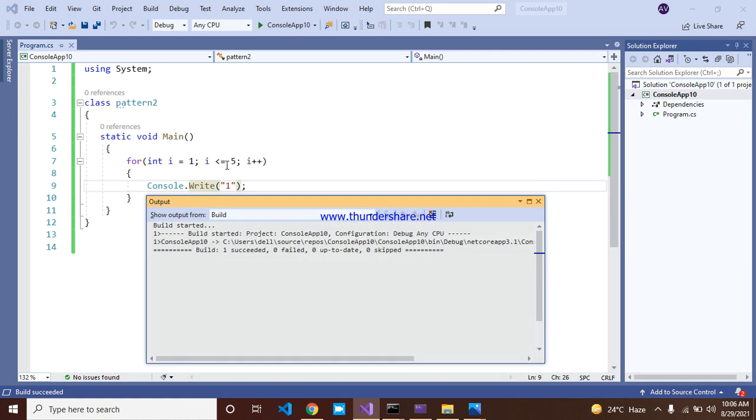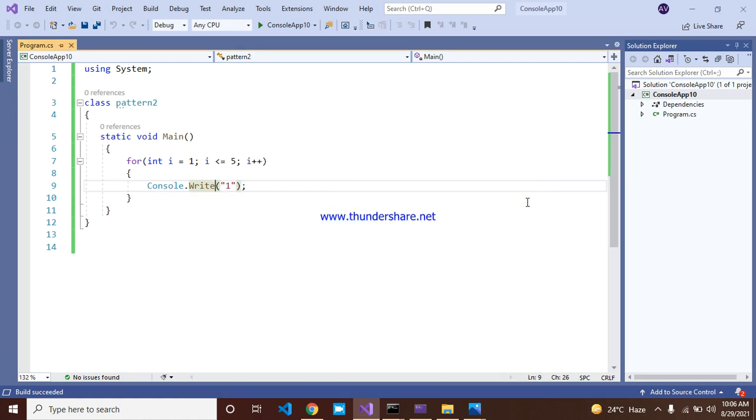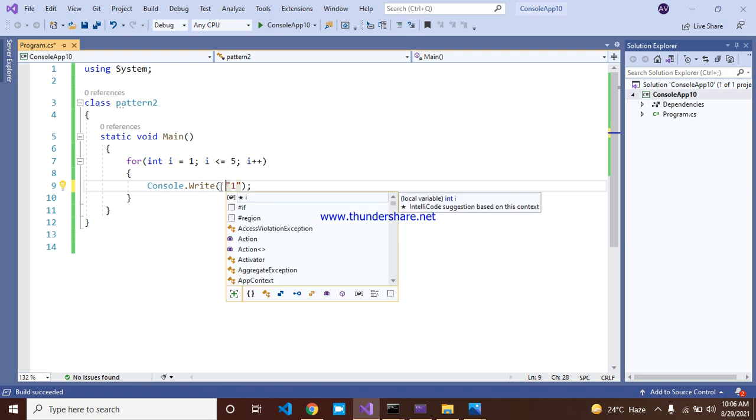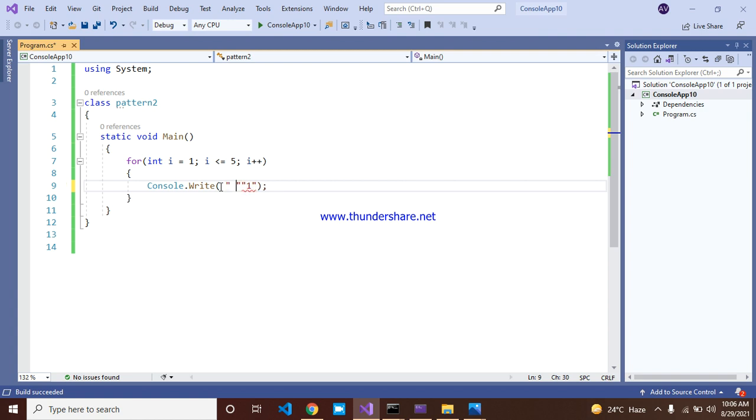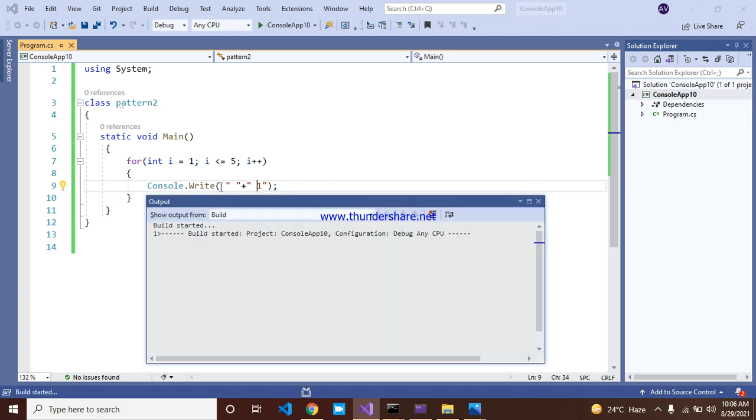Because you start with int i = 1 and i less than or equal to 5, i plus plus. That's the reason we get only five 1s. To get some gap, you can write like this, concatenation, write like this, Control F5.